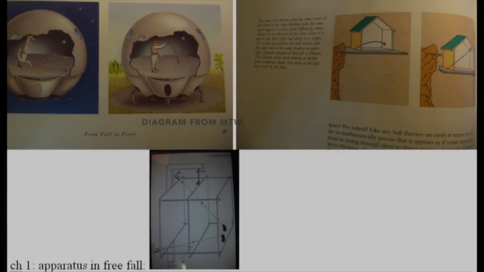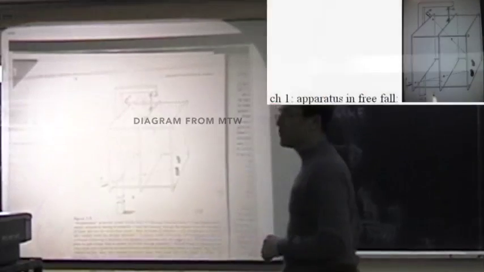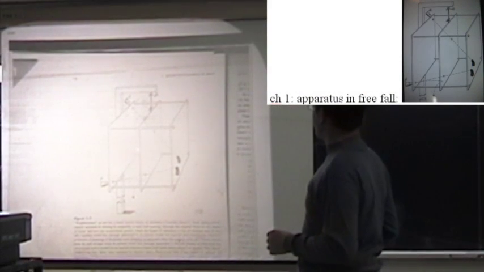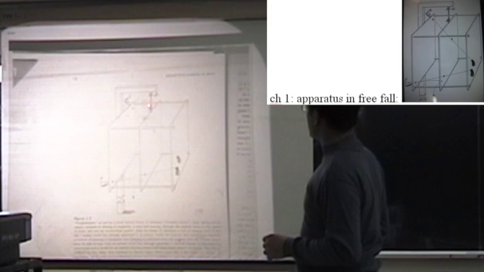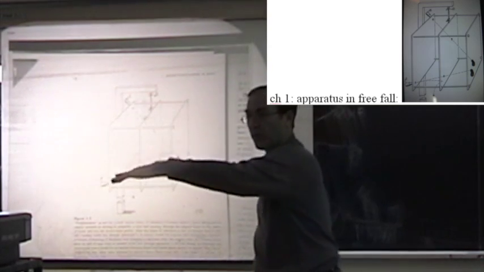Now this is a cute little machine that somebody constructed. And this is supposed to illustrate what we were talking about, free fall. You have this thing suspended by a rope. There's a little cannon over here. It shoots a cannonball. Ordinarily, of course, the cannonball will go up in some kind of parabolic trajectory,